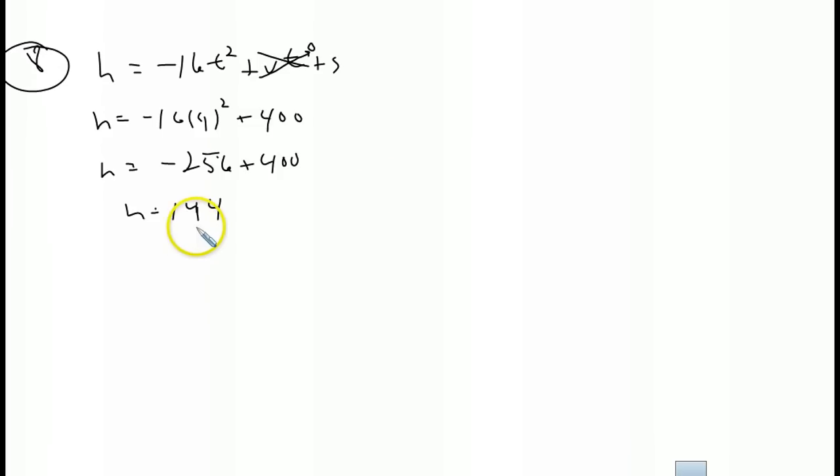Now, for the second part, it wants to know when the paintbrush is still 256 feet from the ground. So if it's 256 feet from the ground, that's your height. So you can just plug in 256 for your height equals negative 16t squared plus 400. Okay, notice this one only has one variable. So we can get this one variable by itself if you subtract 400 both sides. So you're left with 144